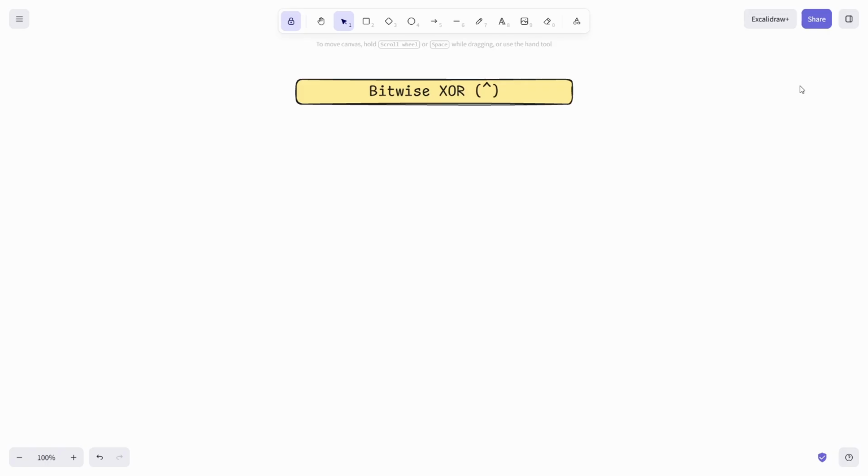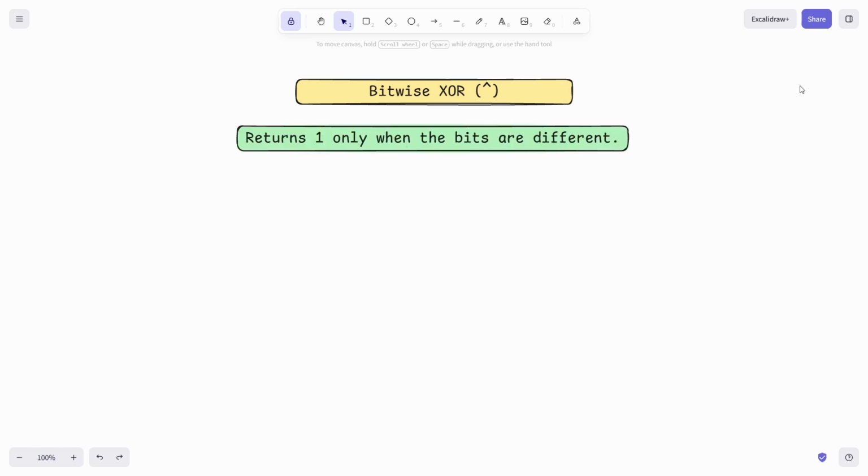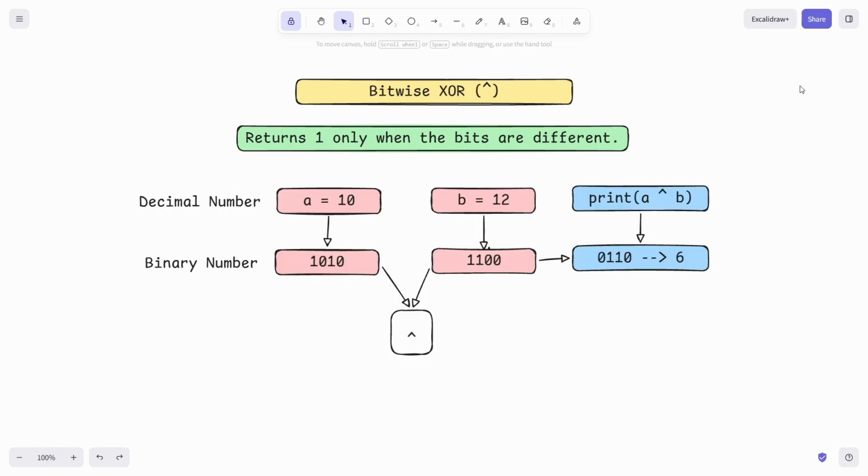The next one is the Bitwise XOR operator. The Bitwise XOR operator returns 1 only when the two bits are different. If both bits are the same, it returns 0. Let's use the same example. Suppose A equals 10, B equals 12. Now print A XOR B, written as A caret B. Before performing the operation, Python converts both numbers into binary. The binary representation of 10 is